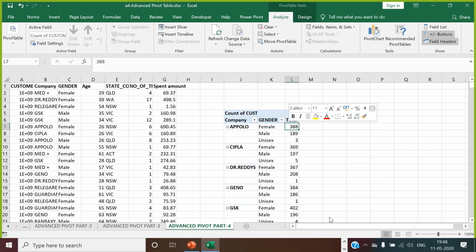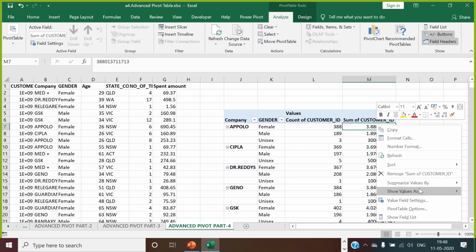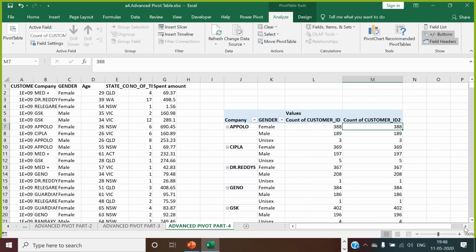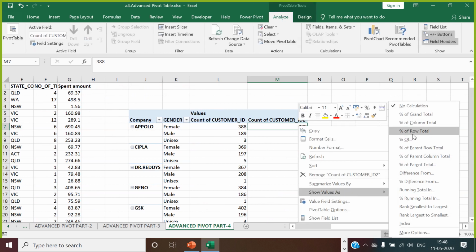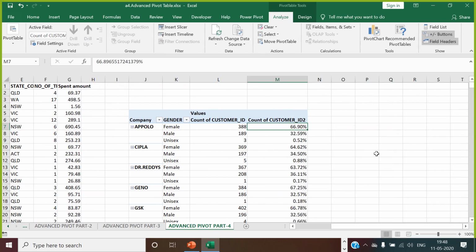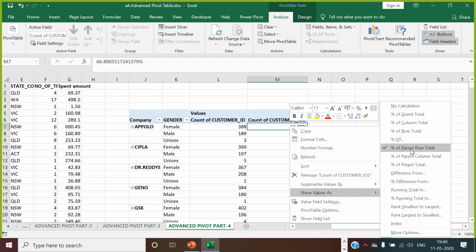What I can do here in this pivot, I just want to do a cross validation. In terms of doing that, I also make it over here as secondary with summarize value as count. There is another option which is called percentage of the parent total. So what do you mean by percentage of the parent total, guys? Over here, it means you are saying female in Apollo total, what is the female customer base? That is called percent. In this case, your parent is company. Over Apollo, female, male, unisex, the count of female customer base, what percentage do they fall in? That is called percentage of parent total.